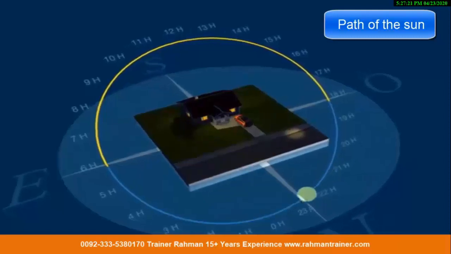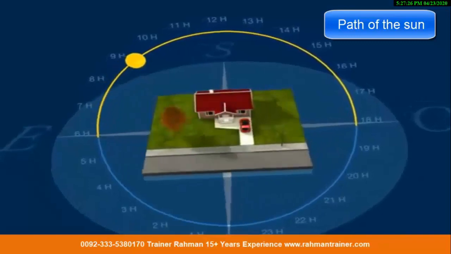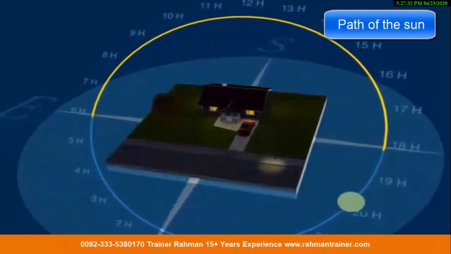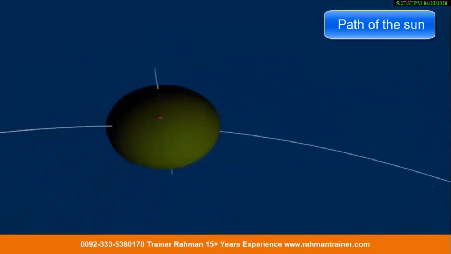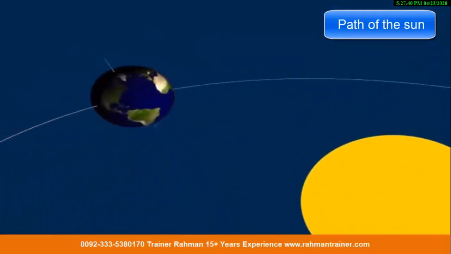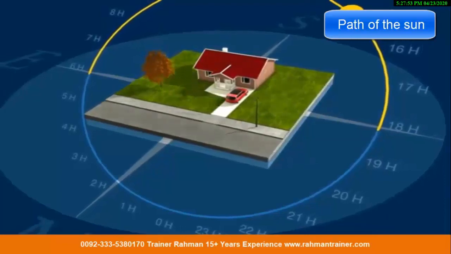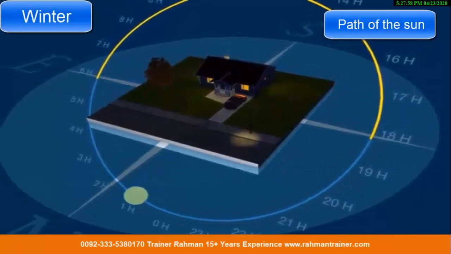The apparent path of the sun through the sky can easily be observed. Every day the sun rises in the east, reaches its highest point in the noon, and sets in the west. In reality, it is the rotation of the earth around its axis which is responsible for these observations. Let us place ourselves at north now. In the winter,